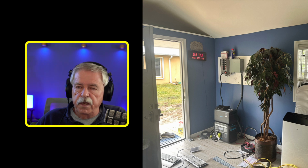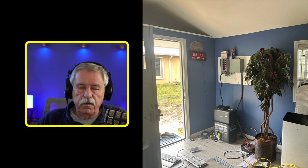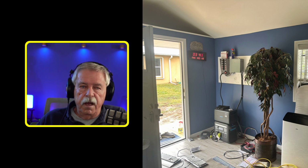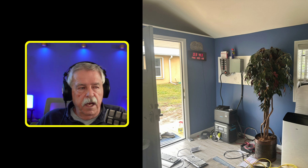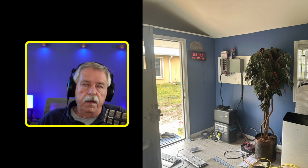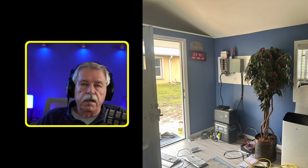And what you're seeing down on the floor, that is the Anchor 767 model number and a companion battery. Was this a good unit? Yes. Well built. It put out power, but the downside and why I ended up changing from this was the